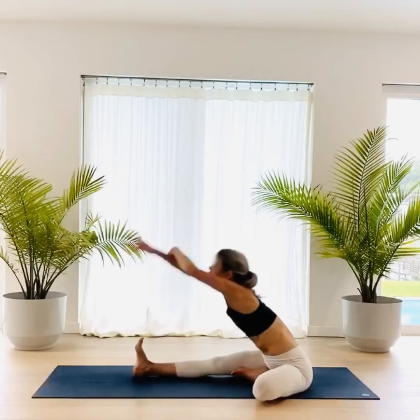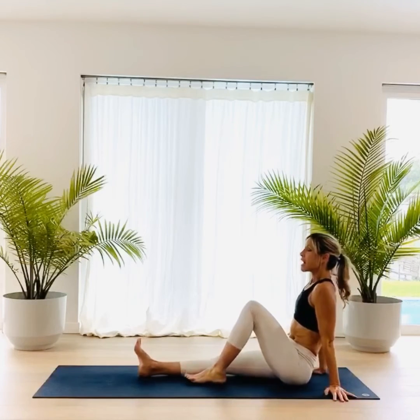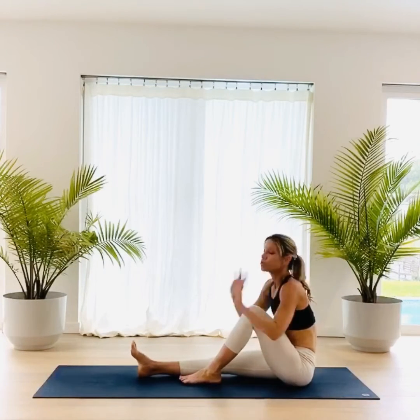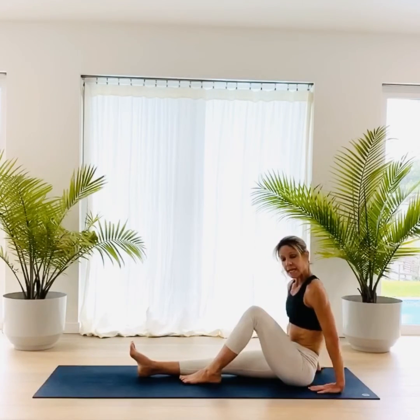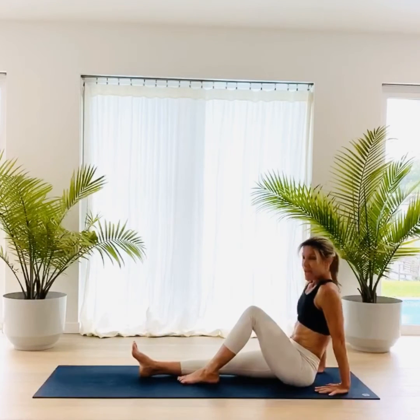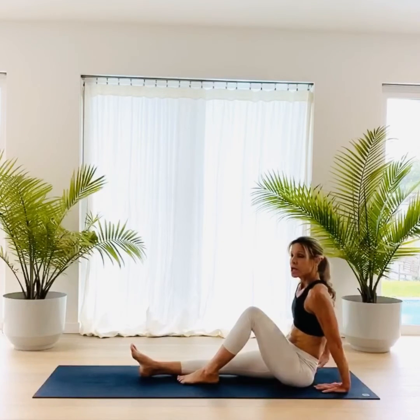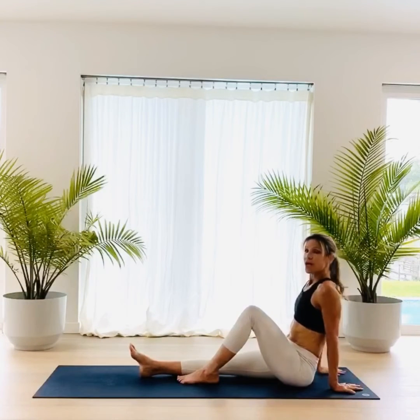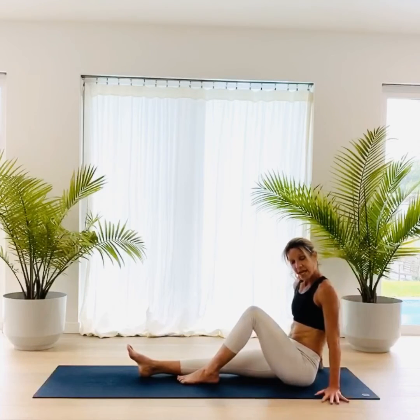And when you're ready, inhaling the arms, allowing the arms to come down, and this time the left leg is coming up. Now, if you have shoulder issues, you can keep your fingers facing over towards the side. If you do not, we're going to work into the triceps a little bit more and face your fingers forward. There isn't really a wrong. You just don't want to hurt your shoulders. I try not to extend the fingers back when I do this, but you can take them to the side